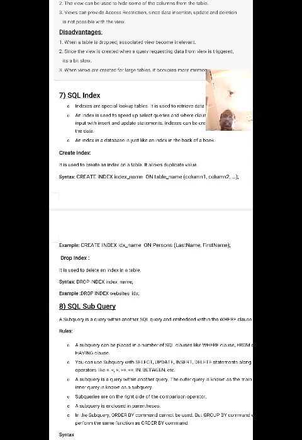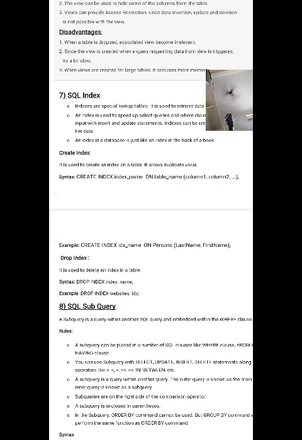So write like this: CREATE INDEX idx_name ON persons (last name, first name). Here idx_name is the name of the index, persons is the table, and the two columns are last name and first name. Immediately after executing this statement, you will get the message in the SQL prompt: index created.